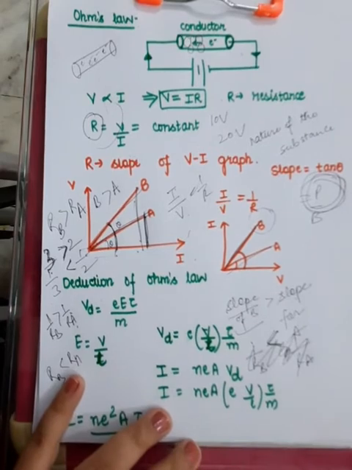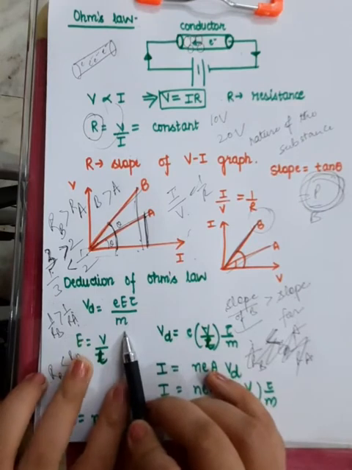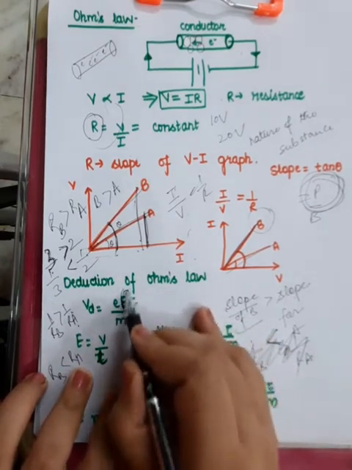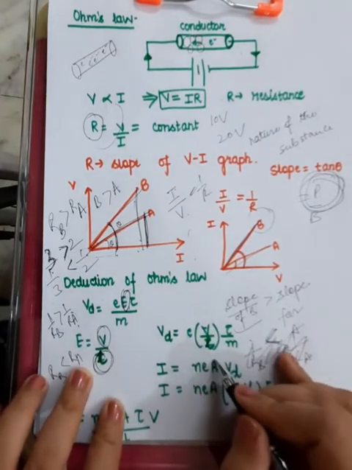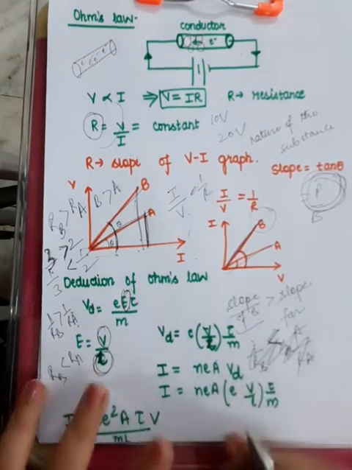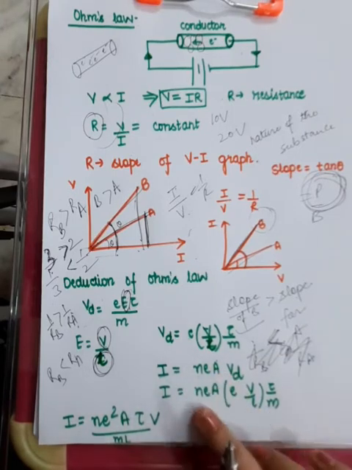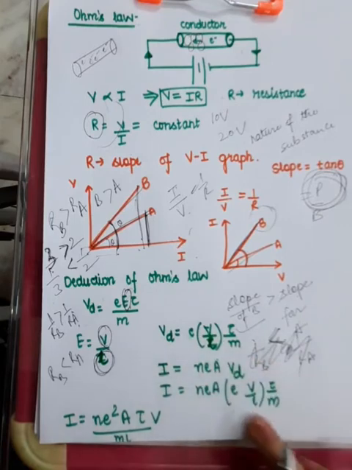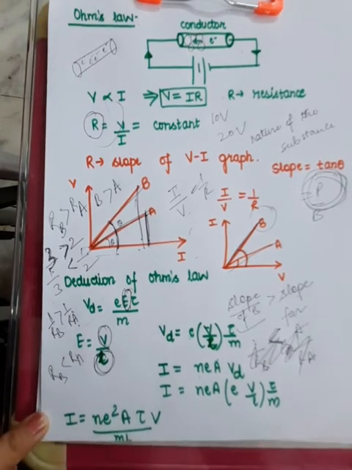And now we will deduce Ohm's law. How to do that? See, we know that drift velocity is given by E tau by m. And this E stands for electric field. Electric field is potential difference per unit length. I'll substitute that. After that, I know that current equals n e A vd. I had derived in the previous video the relationship between current and drift velocity. So now n e A remains as it is. The value of vd I will put from here to here, and ultimately we'll get the value. And when we get the value, I is equal to something into V.